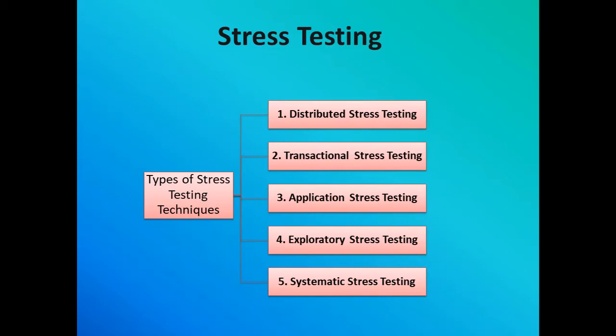And next we're going to see types of stress testing techniques. Under this, the first type of stress testing is distributed stress testing, which is known as how the stress testing will be distributed. In this, all the clients who are linked with the server are tested. This distributes a group of stress tests to each one of the clients and follows their status. Each one of the clients follows their status in the server role and responsibility.